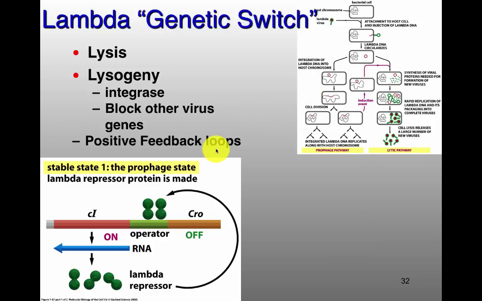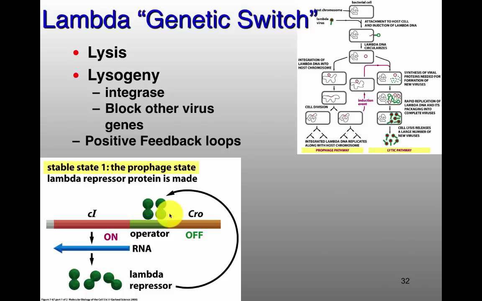Once that decision has been made, the cell needs to remember, and this is the cell with the virus in it, whether it's going to hang out or make a whole bunch of viral genes. How the decision is made, lecture 5, I think, in virology next term. But once that decision has been made, you are making the lambda repressor, which, again, repressor should be in quotes because it represses some genes but activates others. In this case, it activates the expression of its own gene. So that's your positive feedback loop.